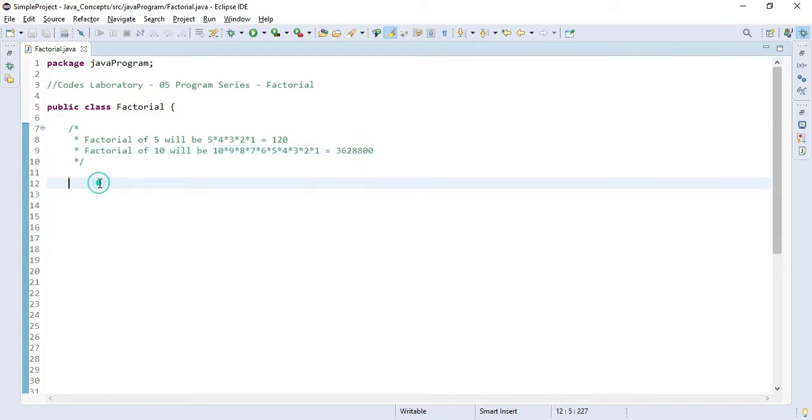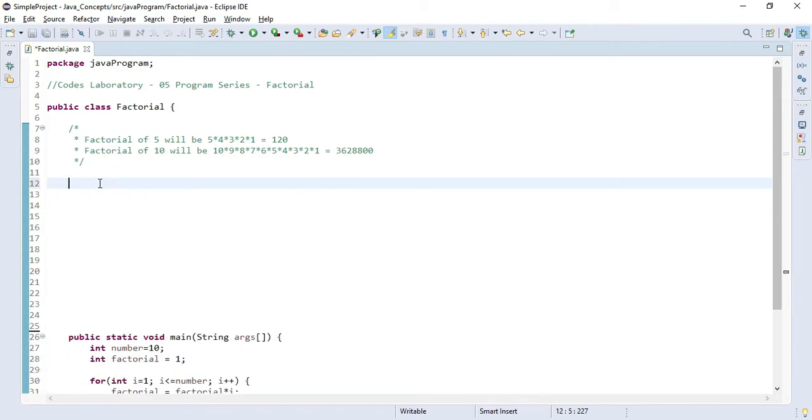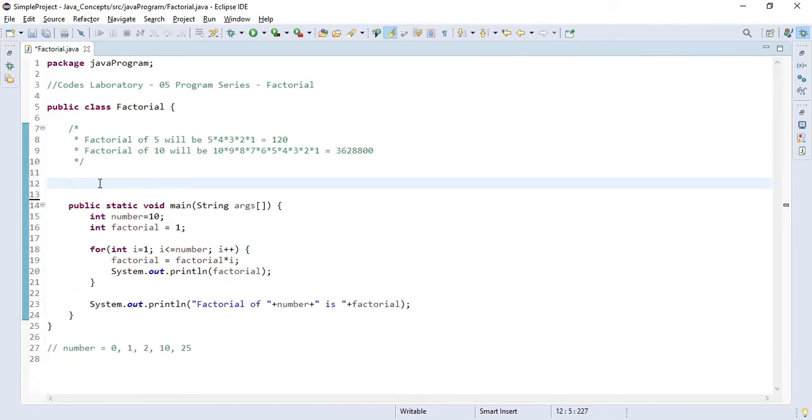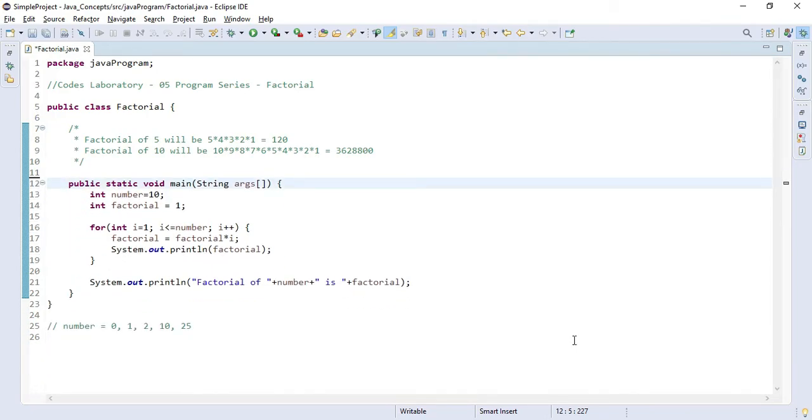I have already created the code, so it will be easier and this video will be quick, and you will be able to understand it, as we will be focusing more on the logic rather than writing the code. So let's try to understand what we have written here. First we have created the main method, as you know, and we have passed an array of strings.